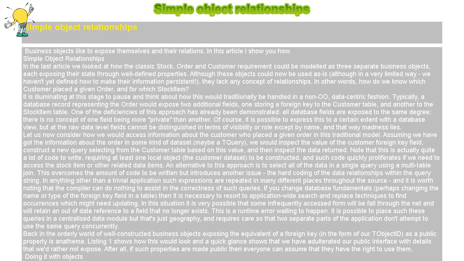Note that this is actually quite a lot of code to write, requiring at least one local object, the customer data set, to be constructed, and such code quickly proliferates if we need to access the stock item or other